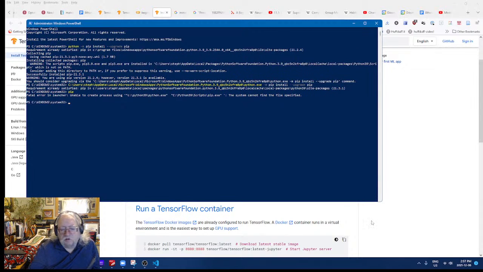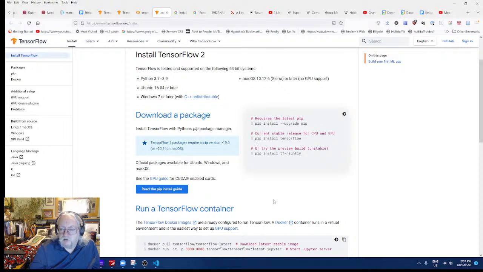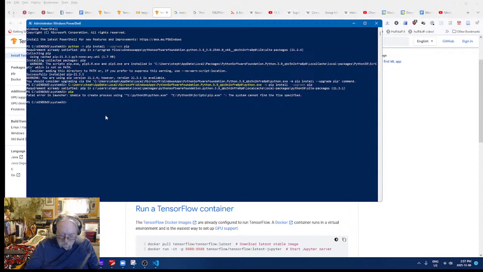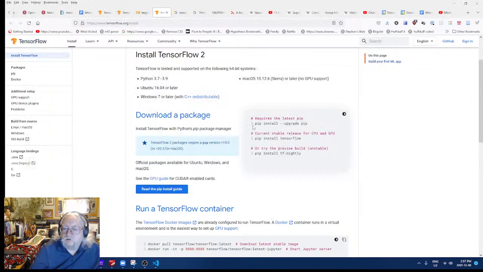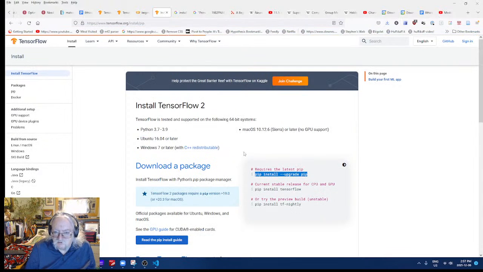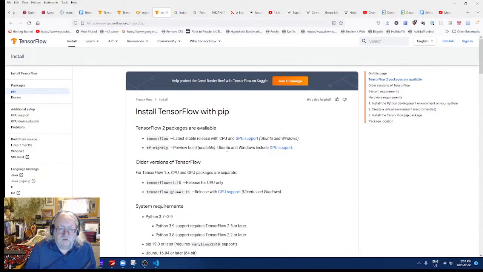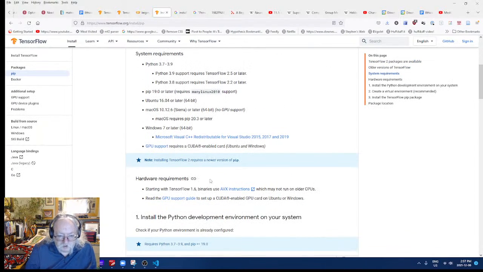No. I'll just type it. Pip install TensorFlow. Read the pip install guide. I think we don't have pip anymore. It's part of the problem.